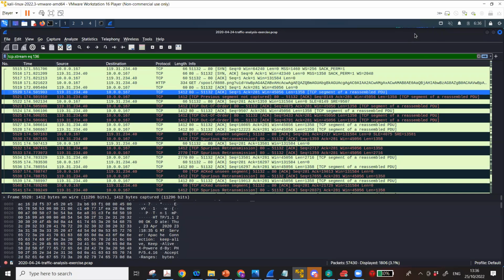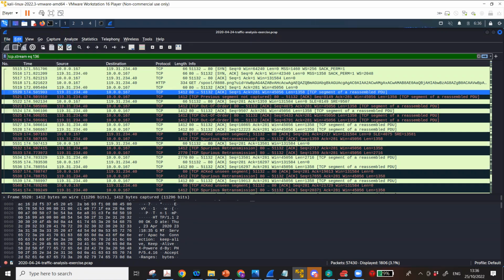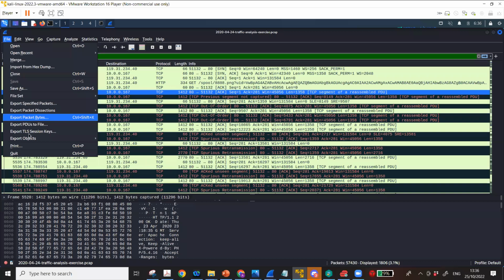Now, what we want to do is, and like I said, the file is missing actually in my capture, but hopefully it will not be missing in your capture, and you will follow the same steps that I'm following now. So I will go to File here, and I will go to Export Objects. What I'm really trying to do is export this image file out of all these packets. So if you go to Export Objects and then HTTP,